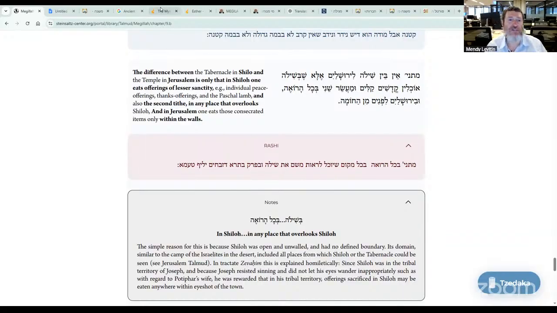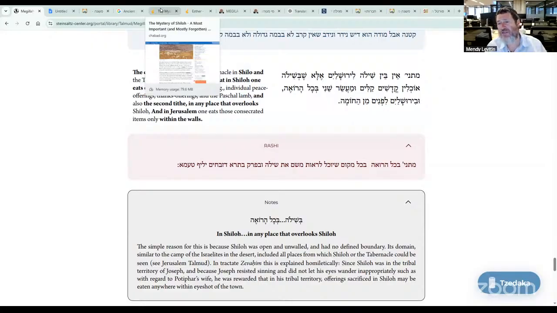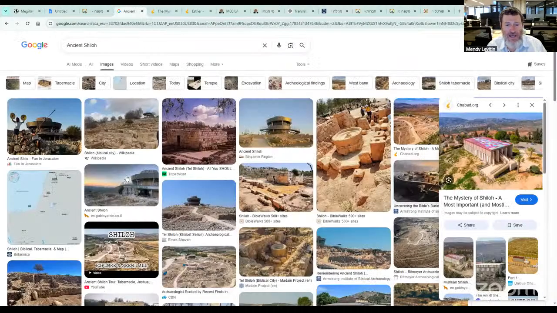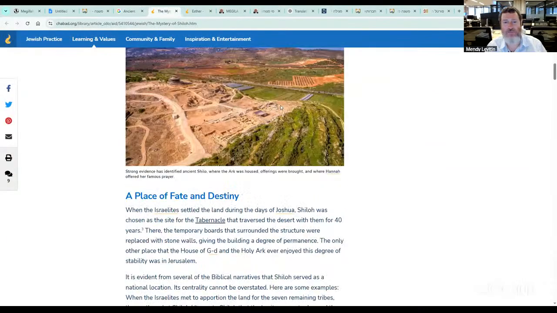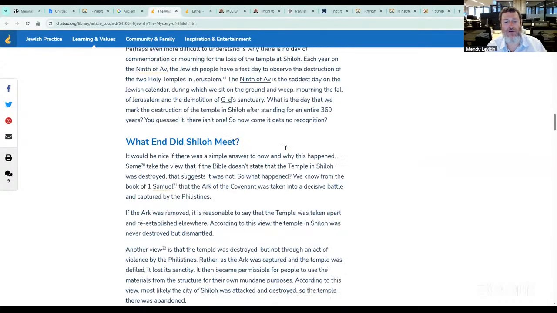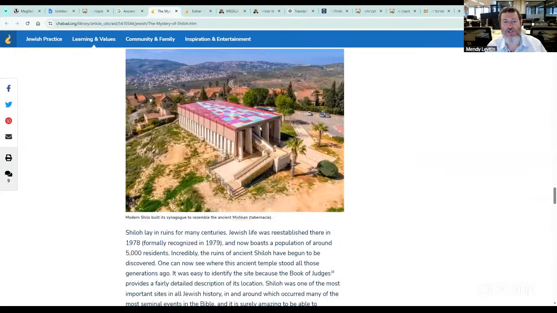The Mishkan stood in Shiloh for close to 370 years. The structure of Shiloh, like we showed in the picture last week, and here are different discoveries from ancient Shiloh. This is Shiloh from a bird's eye perspective, maybe a drone view. They've built a shul in a replica of what looked like the Mishkan in Shiloh. We see the skin coverings like they had in Shiloh. The difference was that instead of the beams, they had a stone structure there. Obviously, the air conditioning piece over here is in addition to the shul. They didn't have air conditioning, but it was the structure of the Mishkan.